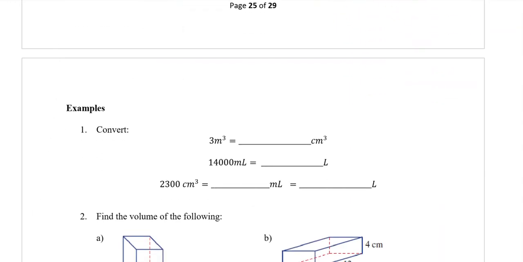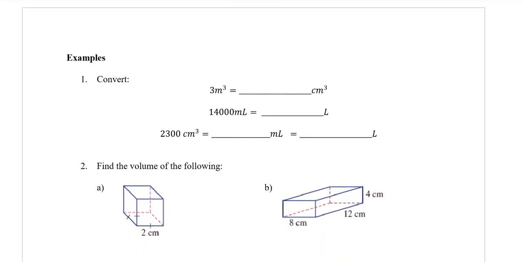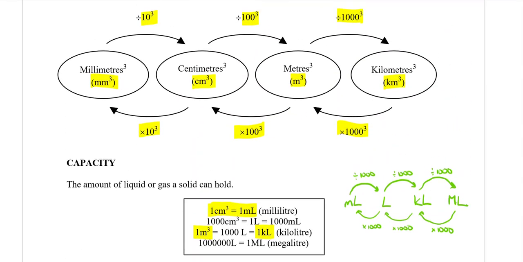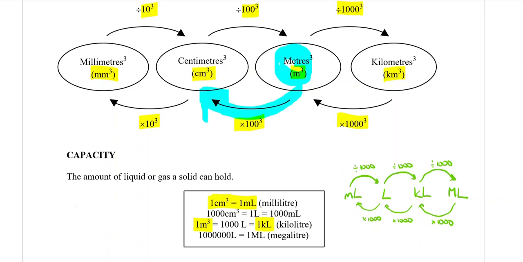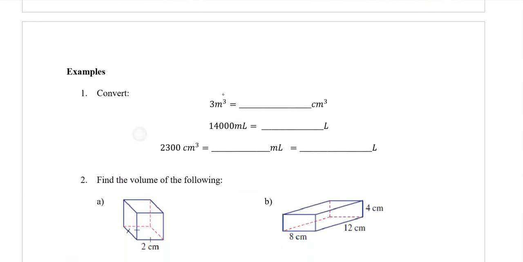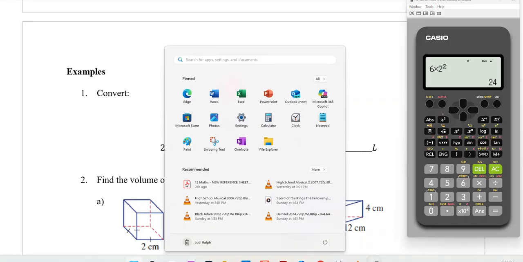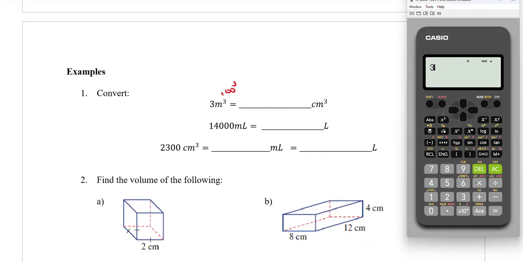Okay. So here is a few converting questions. Question 1, I want to convert 3 meters cubed to centimeters cubed. So meters cubed are here, and I want to go to centimeters cubed, so I follow the arrow, and that tells me to times by 100 cubed. So we can put up here times 100 cubed, and then you would type that in your calculator. So you would go 3 times 100 to the power of 3, equals, and it's quite a big number. So that's 3 million